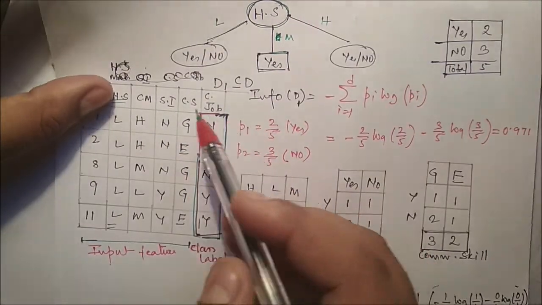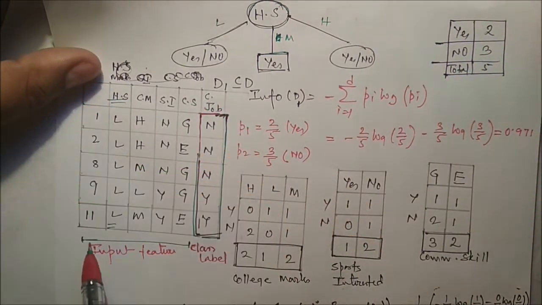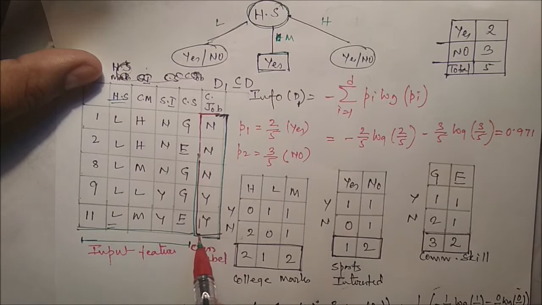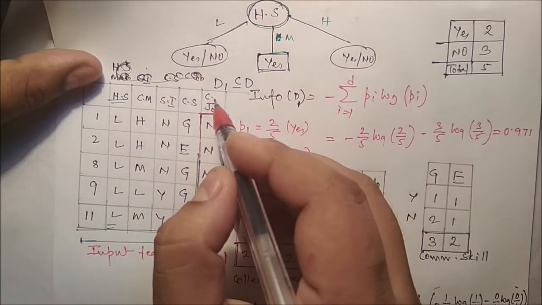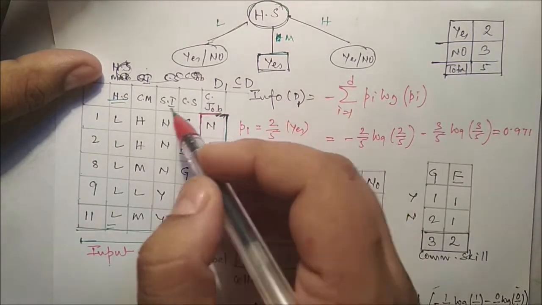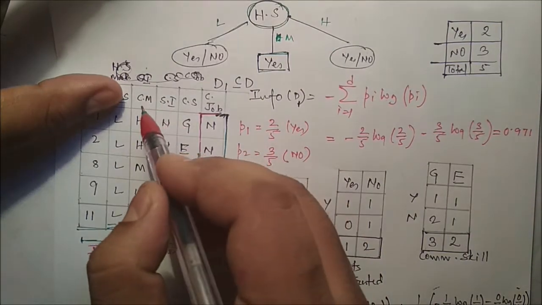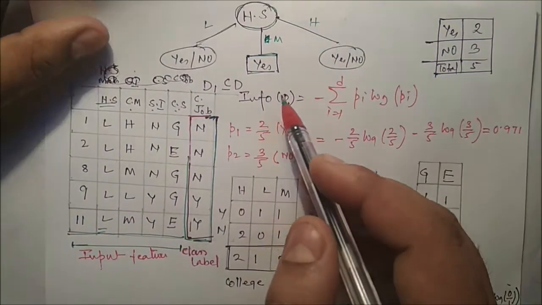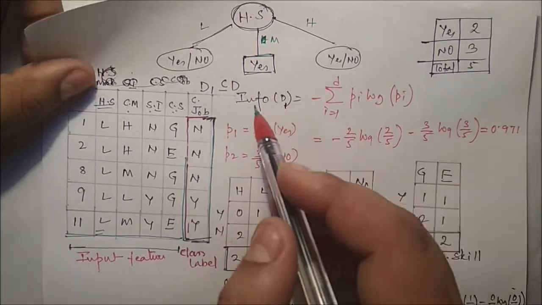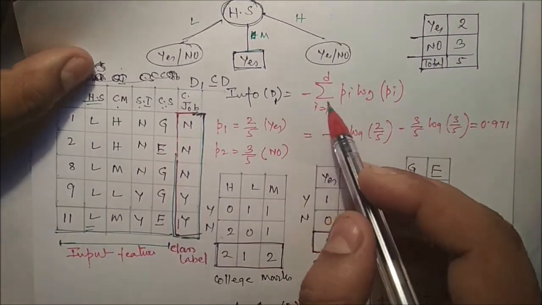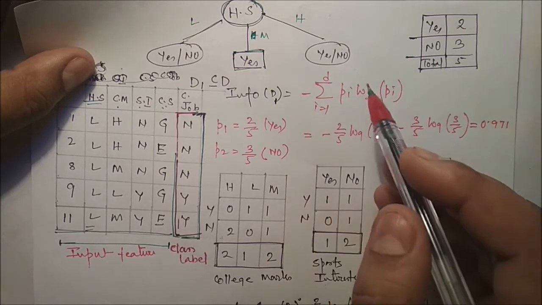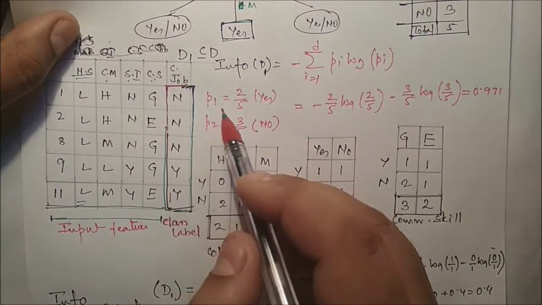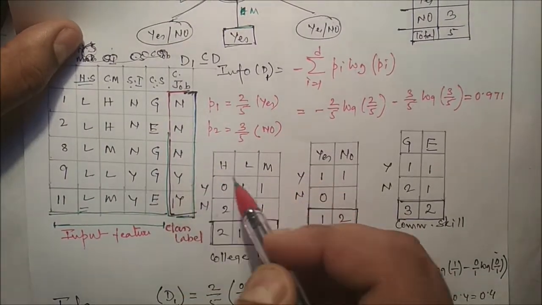Now the remaining attributes are, so this is our D1. These are the attribute features and this is our class level. Campus job is the class level and the remaining attributes are college marks, sports interested and communication skill. Now first of all you have to identify Info(D1). The formula is minus summation of i equals 1 to m of pi log pi. So what is pi? Two class levels are there, yes and no. So how many yes are there?